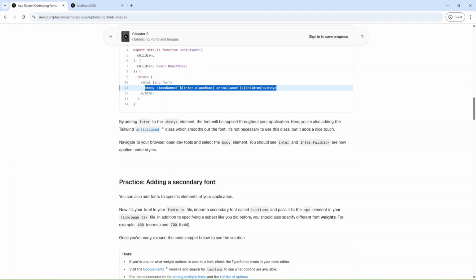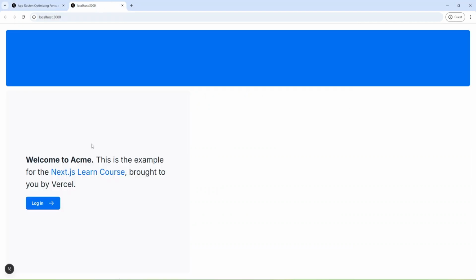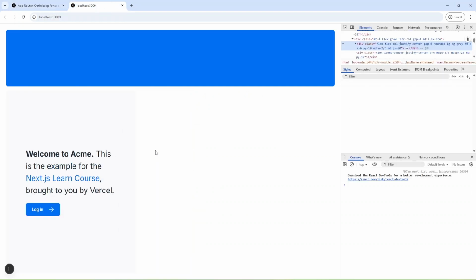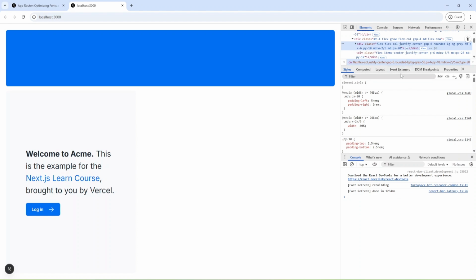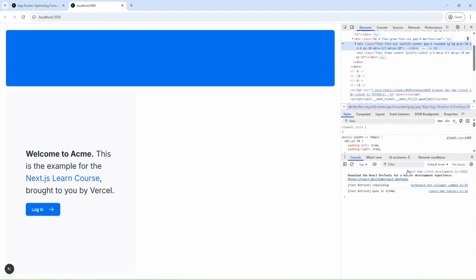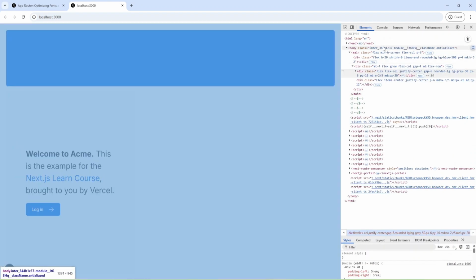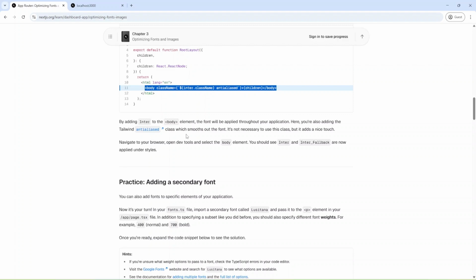And they suggest to open DevTools, and let me do it. And let me change it. Can close this and check body. And as you can see, we have some class, and we have this class with Inter, as they described.